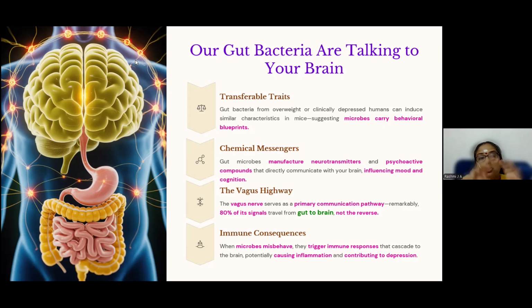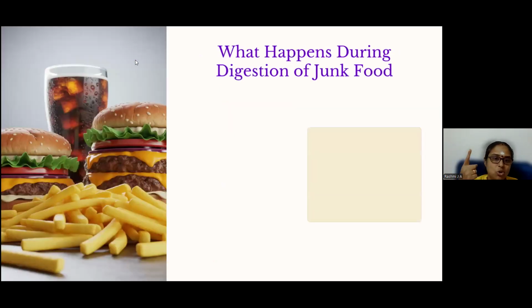It does not necessarily have to grow to the size of a tumor. It must be big, it will be visible, immediately it will have an action on us. No, not necessarily. Even the cells can become inflamed because of the misbehavior of these microbes. Why are the microbes misbehaving? Because of us. We are not taking proper food. The proper microbiome is not there in the stomach. So obviously we go to this karma theory, the klesha karma theory.